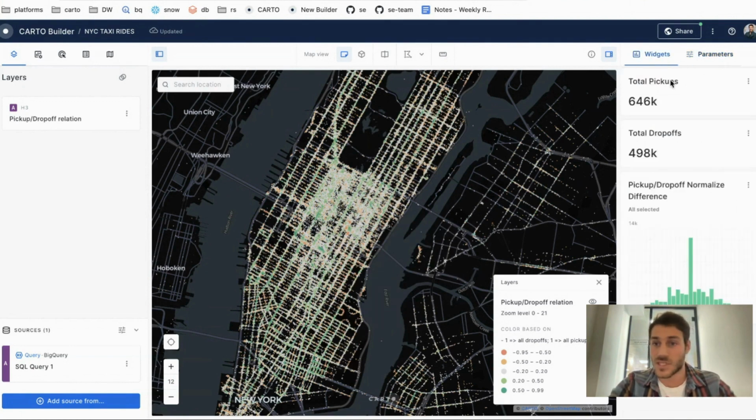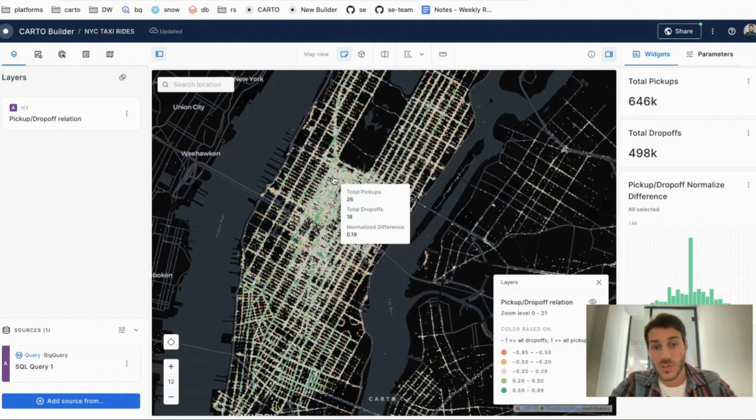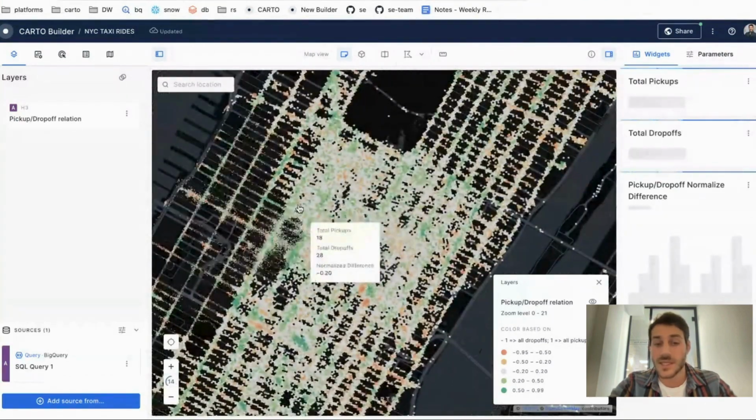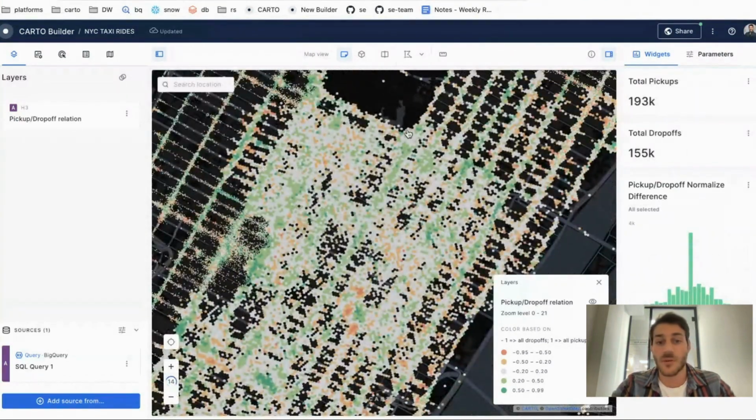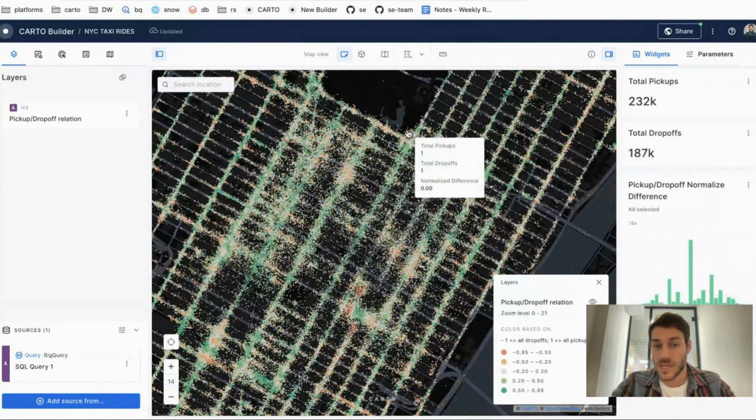So if we see now the widgets, we can see there's way more trips at night, and there's a lot more pickups than drop-offs, over 150,000 more pickups than drop-offs. So a lot of people departing from Manhattan that night on the weekends, which makes sense. And we can see that happening on the map. What you're seeing on the gray areas is also really interesting because it means that these areas have a pretty balanced relationship between pickups